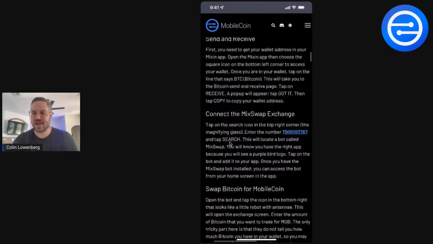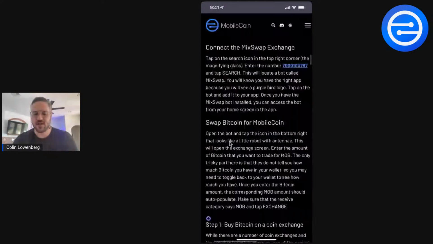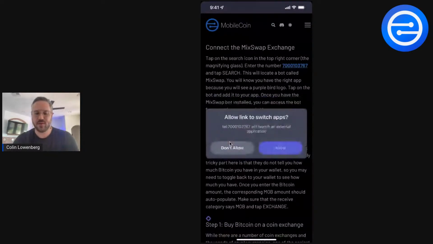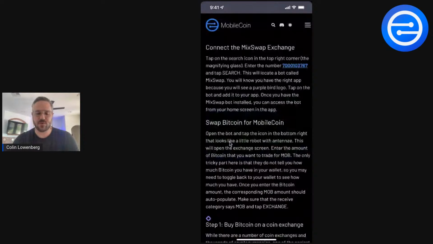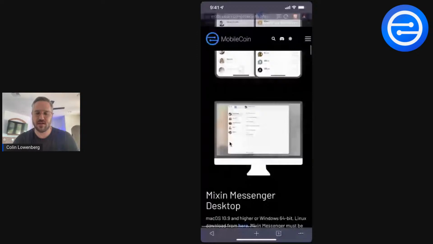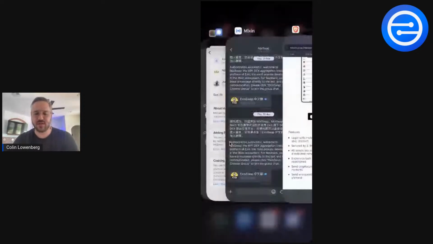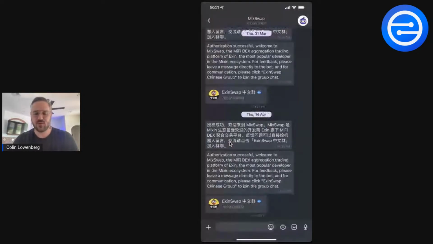You can also just tap on this on your screen right here, and that will open up the Mixin app. Once you have the Mixin app installed, you can open up this number. You can search for that number on the Mixin app, or you can click on this little link at the top that says Mixin, and that should take you right to the app. Once you type in that 7,000 number, it will let you chat with